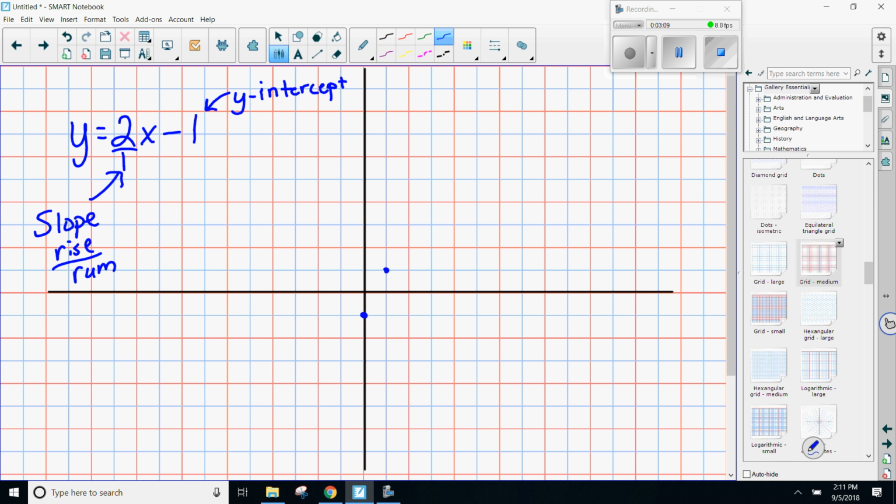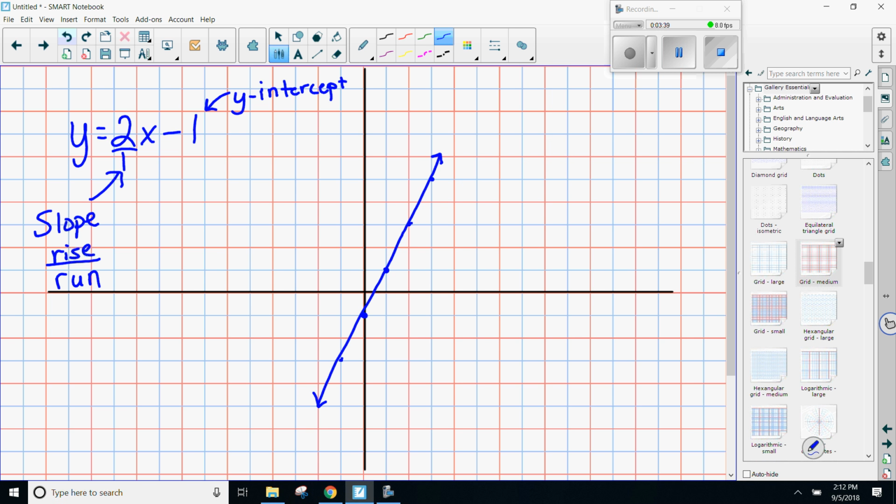Let me spell that correctly. Run, not rum. So you go up 2 over 1, up 2 over 1, down 2 over 1, and you know which direction is your positive slope, so you are able to get it in the right direction, and you have the graph of your line. If you get a different equation though, and you have no idea where to start,